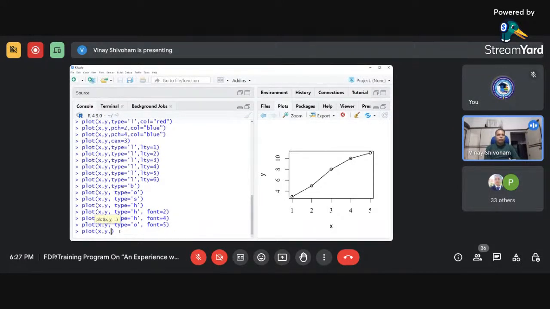Suppose I want to name it. First I will provide the type, which should be overlapped. This is the argument. And color is red, which should be in inverted commas. Then